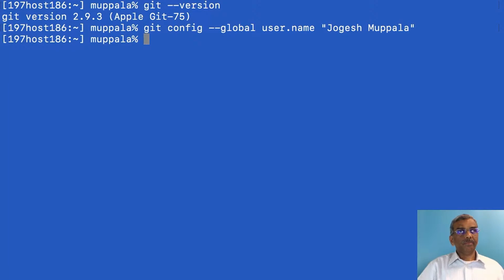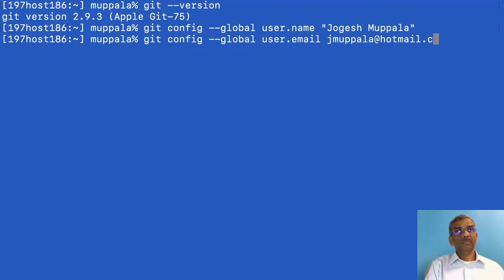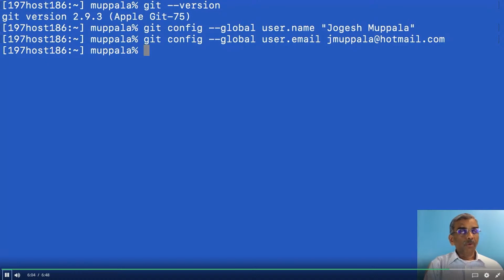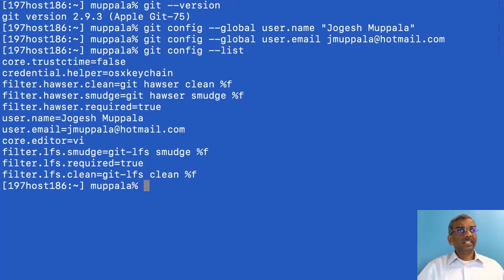The other parameter that I'm going to configure is my email. And to ensure that this information has been configured, we can type git config --list, and then it'll list out a bunch of